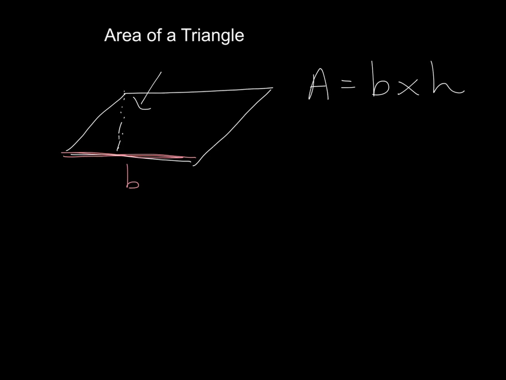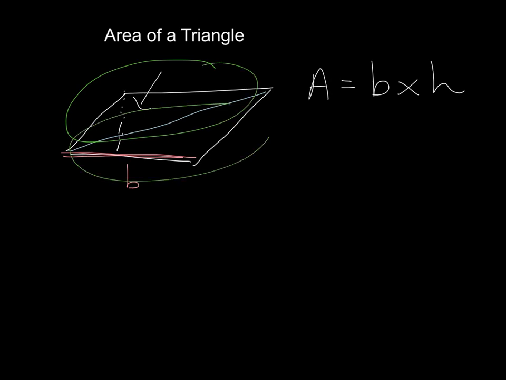So what you might have figured out by now is that a parallelogram is actually two triangles put together. So if I were to draw a line through this parallelogram, this is a triangle here, and that's a triangle at the bottom as well. So the formula for the area of a triangle is very similar to area of a parallelogram, except that you divide by 2 at the end, because